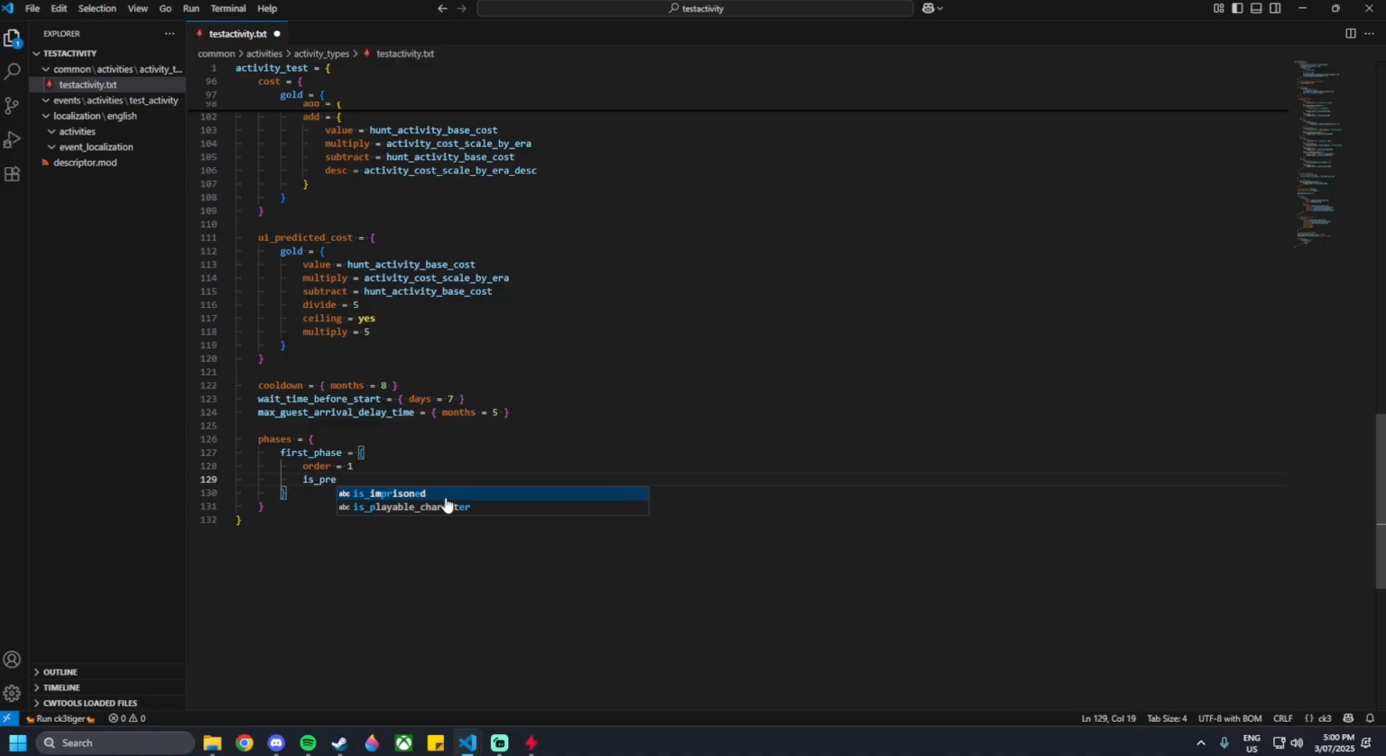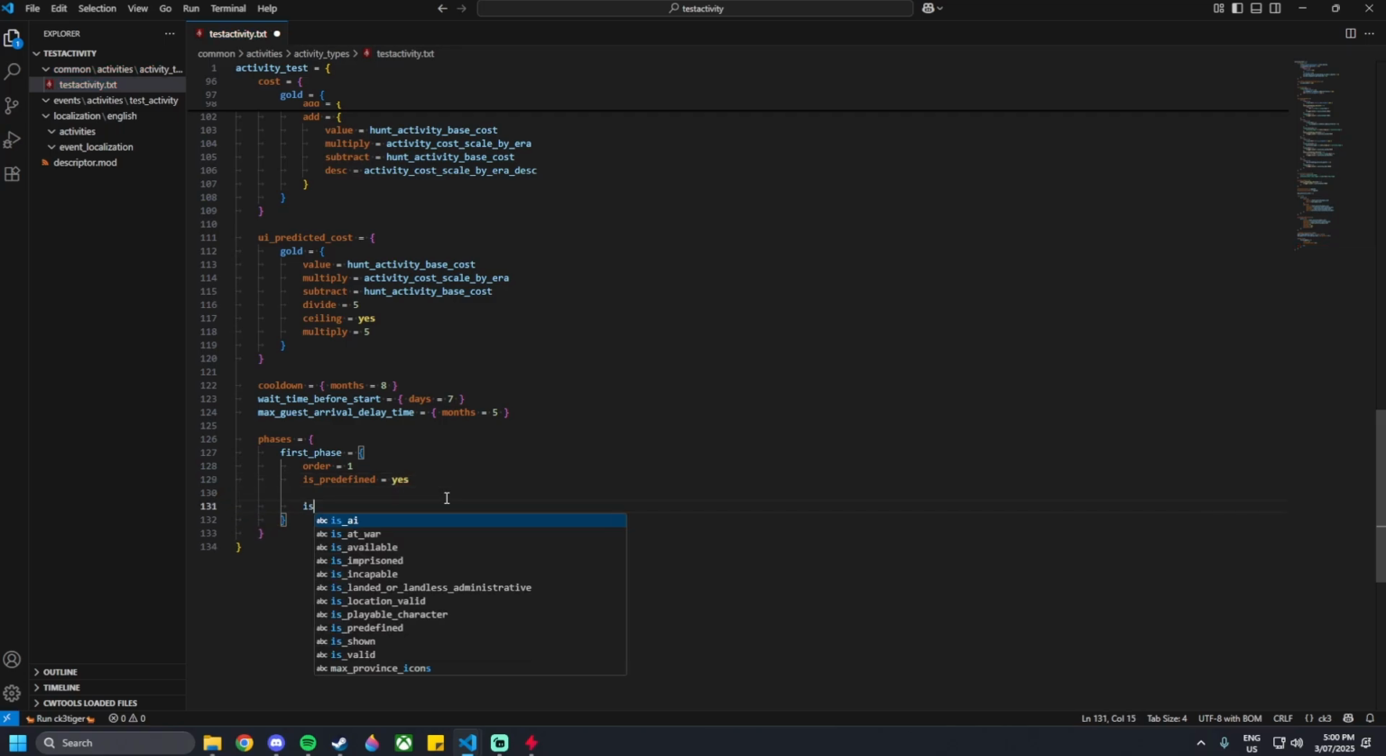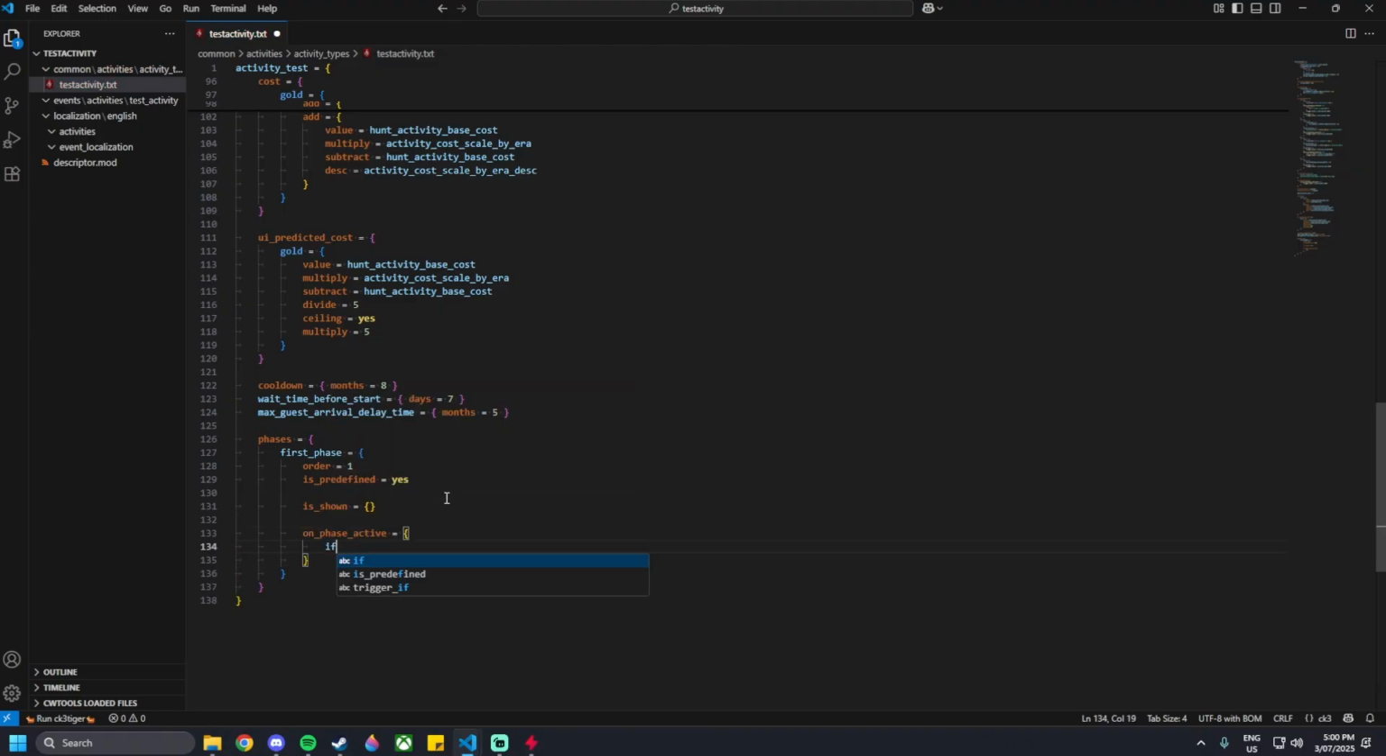is_predefined = yes, and then is_shown. So you could have a predetermined value set here, like if someone has done something in the past, you could say whether or not it is shown or not. I'm just going to be leaving it empty, and then on_phase_active = {